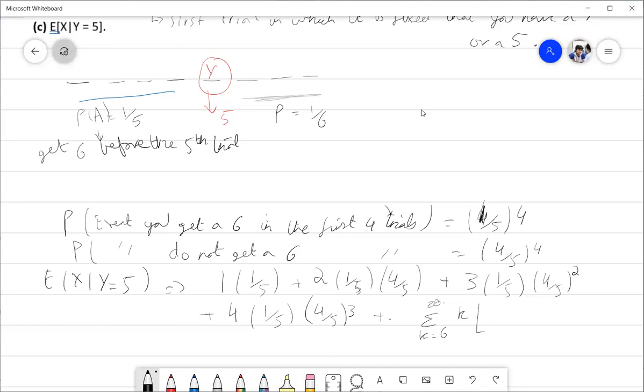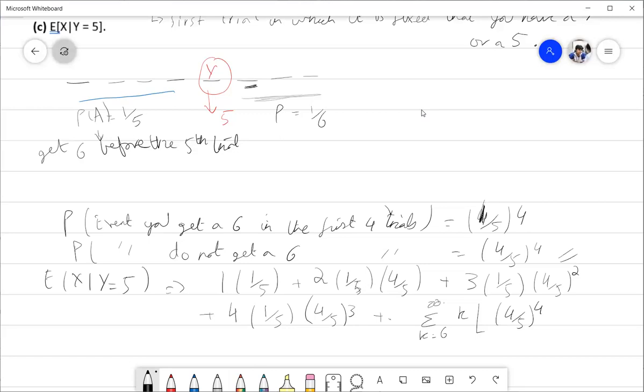Okay, I know for a fact that there is a possibility that I do not have a 6 in the first 4 trials, and because I calculated this here, this will come to my advantage, and I know that this has to be 4/5 to the power 4. Again, because अगर मिसाल के तौर पे मैं इस value का associate कर रहा हूँ, I cannot ignore the previous 4 values that were there. So there is a possibility where I do not get a 6 in any of those 4 tries, and to denote that probability, that will be 4/5 to the power 4